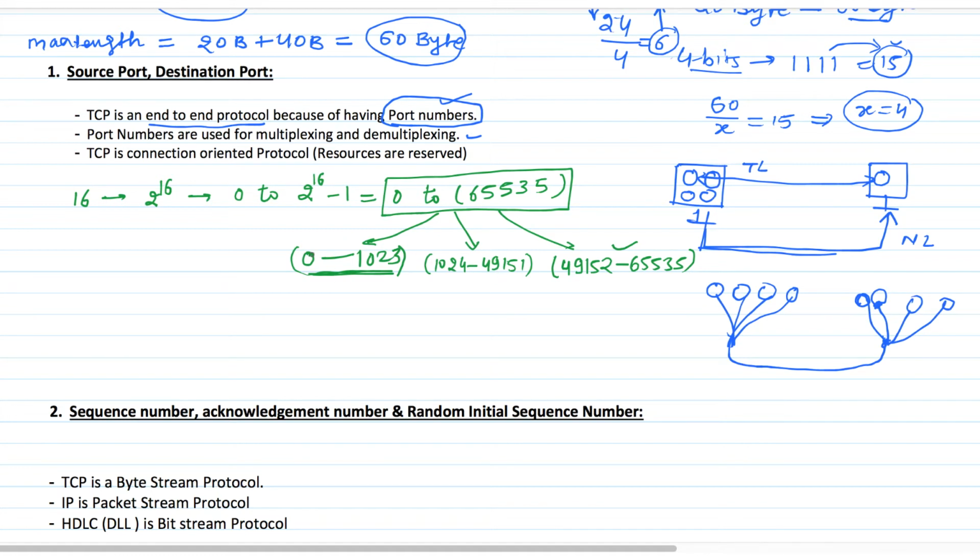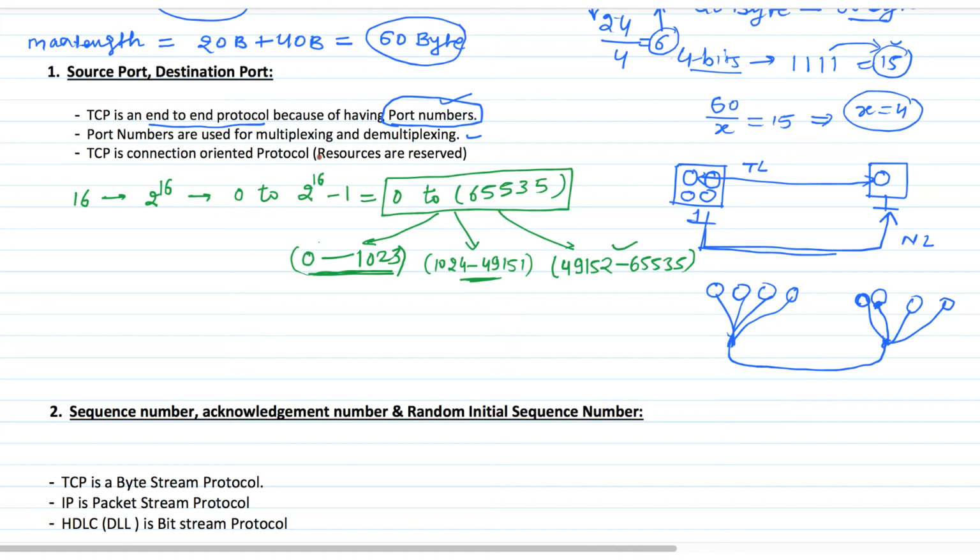So same way, port numbers 0 to 1023 are assigned for some well-known services like HTTP, port number 80 is assigned for that, SMTP, port number 25 is there, for FTP port number 21 is there, for Telnet 23 is there. While this reserve port is not assigned, but it may be assigned in future. So these are reserved for that. While this dynamic port can be used by any user as a source port in order to communicate with the network.